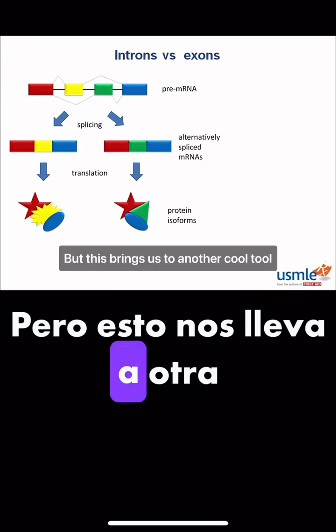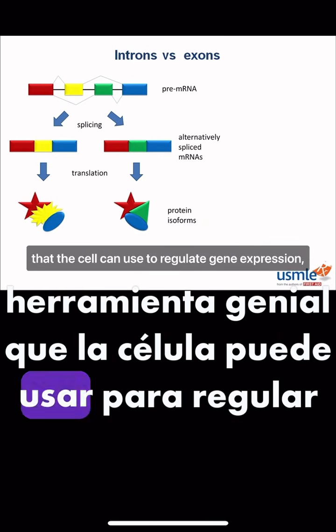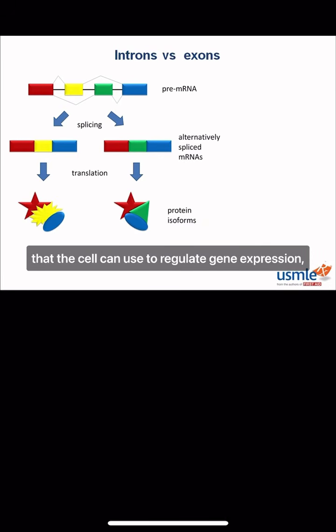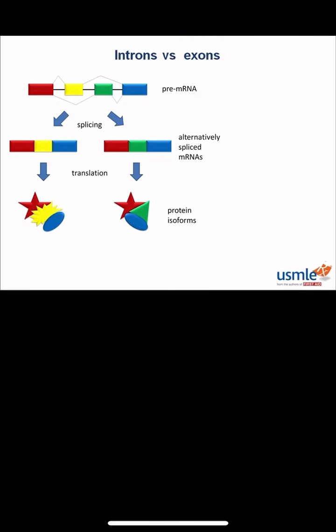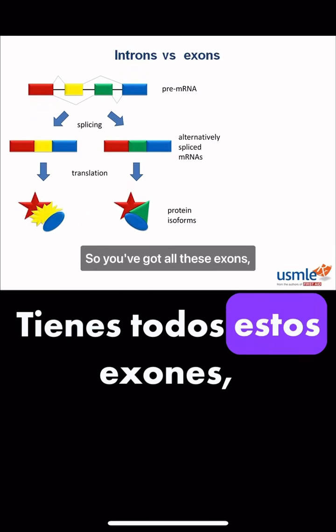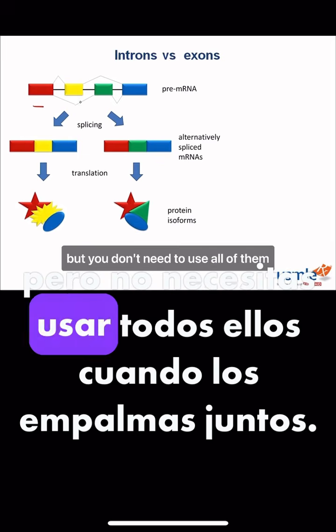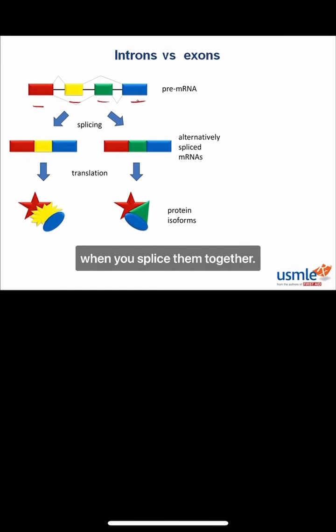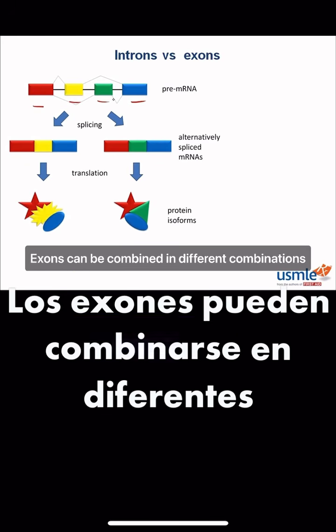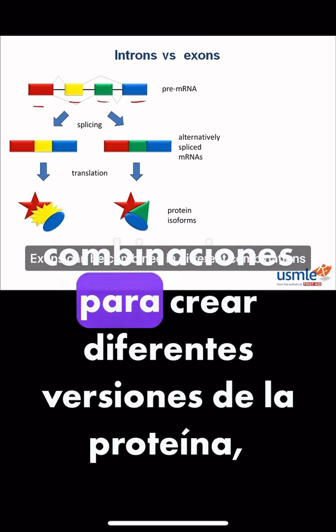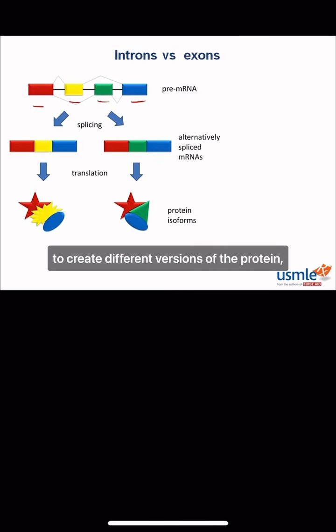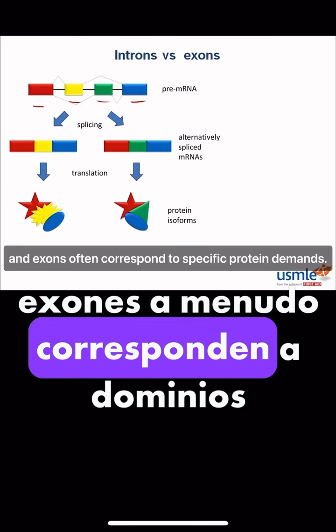But this brings us to another cool tool that the cell can use to regulate gene expression, which is called alternative splicing. So what's alternative splicing? So you've got all these exons, but you don't need to use all of them when you splice them together. Exons can be combined in different combinations to create different versions of the protein, and exons often correspond to specific